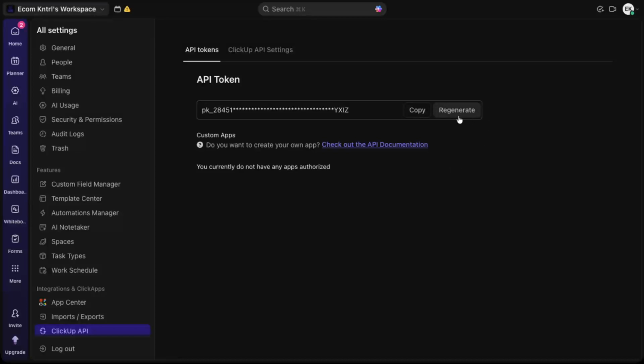If at any point you think your key has been exposed, you can come back to this page and choose to regenerate it, which will create a new key and invalidate the old one. And that's it. You've successfully generated and accessed your